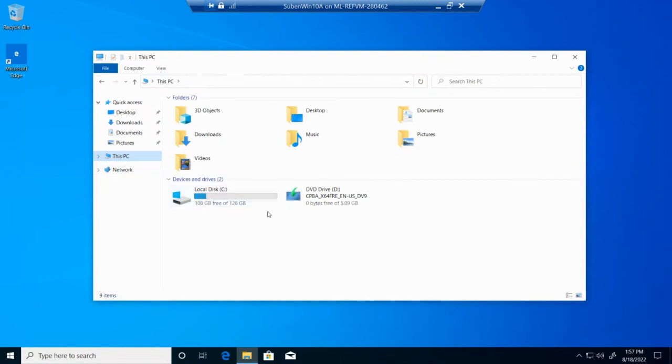So if I'm going to try to create storage spaces, it's not going to allow me to create mirrored disks, etc. So how do I add now an additional hard drive? I'm going to close this virtual computer,